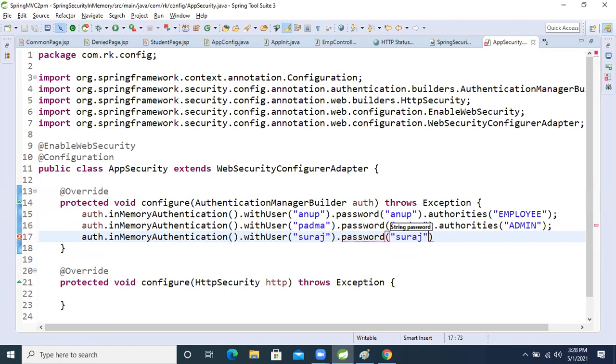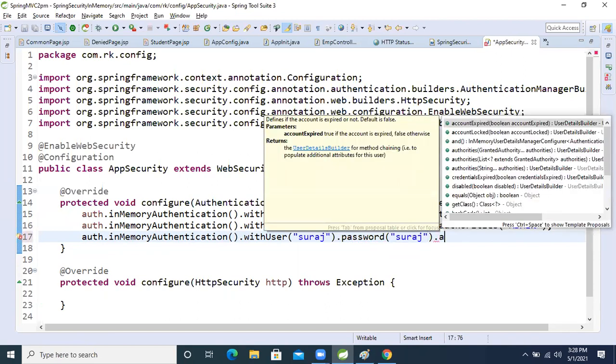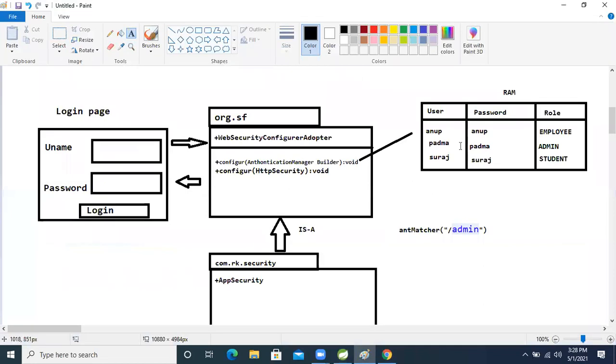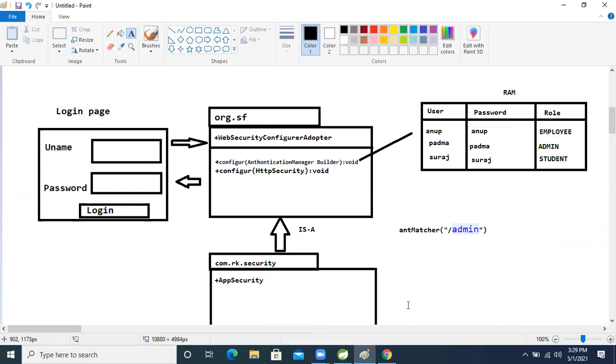Suraj. Fine. Another one is authority. Authority is student. Student. Fine. Okay, so based on this, this area of operation we completed. Now we need to come again.